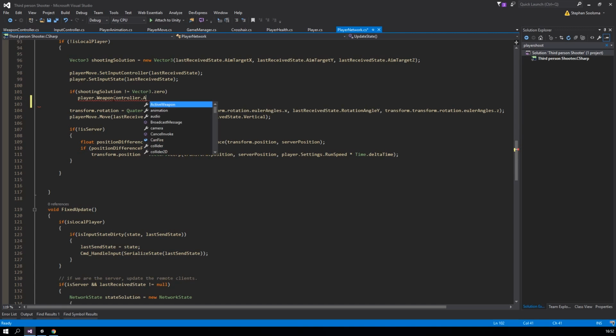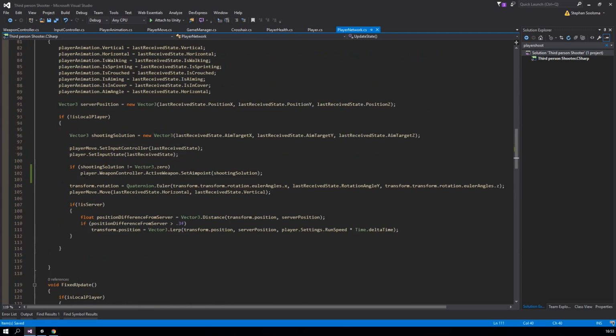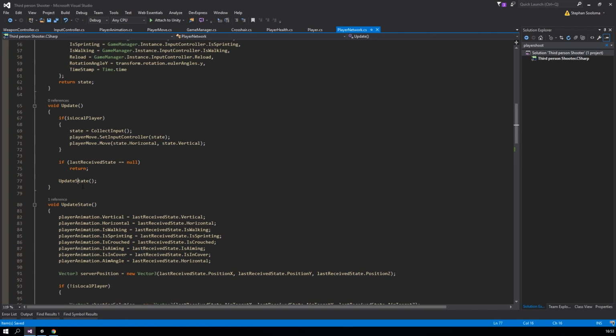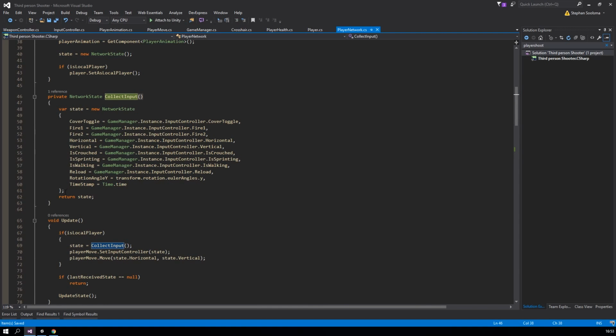Oh, active weapon, which would be our shooting solution. Something like this. And now we need to gather the shooting solution. So where we get our inputs, we could say